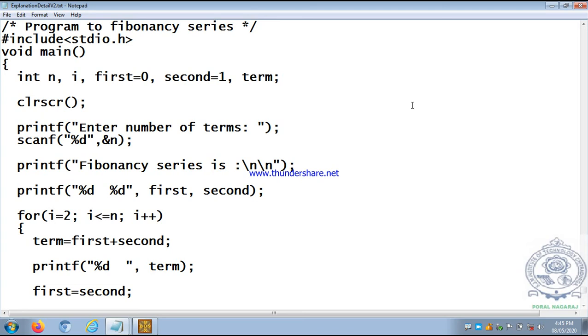So you are getting the next number by adding the previous two numbers, which means the first two numbers should have been defined, and we have defined them as 0 and 1. First number is 0, second number is 1. So the next number is obtained by adding 0 and 1. The next number is obtained by adding 1 and 1, 2. Like that, that is the Fibonacci series.